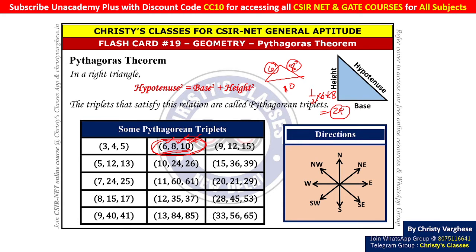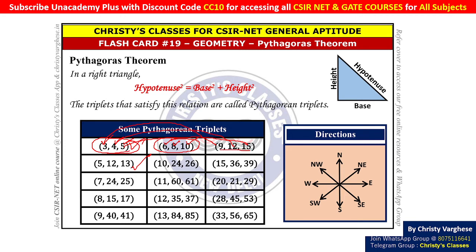Now, how to learn Pythagorean triplets, I will tell you a technique. First of all, if you can learn at least these two Pythagorean triplets, they themselves generate infinitely many Pythagorean triplets, because Pythagorean triplets have a property that any scalar multiple of one will also be a Pythagorean triplet. That means if you multiply 3, 4, 5 by 2, you will get 6, 8, 10. That is also Pythagorean. If you multiply it by 3, you will get 9, 12, 15.